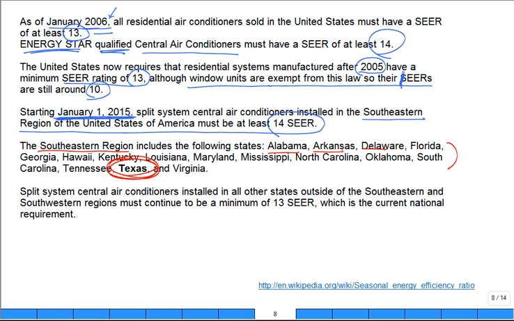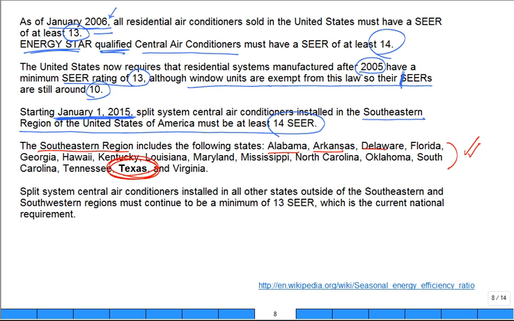Guess what? We have summer and summer and summer. Don't you have a lot of summer here? How about Alabama and Arkansas and Oklahoma? It's summer. So guess what? They've upped the ante for these regions because that's where you use a lot of air conditioning and a lot